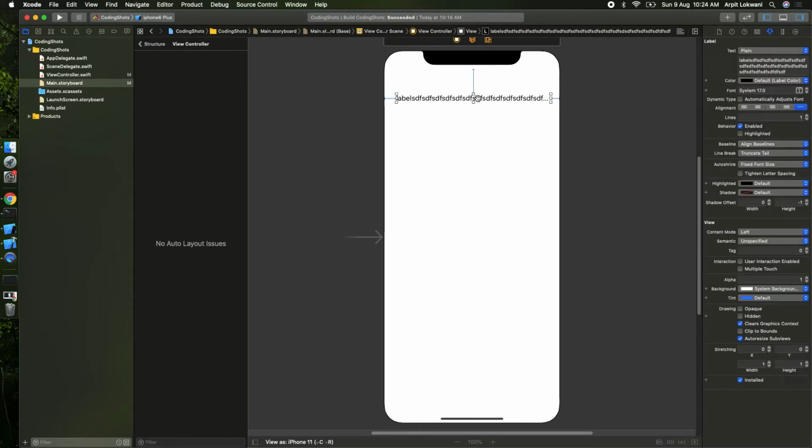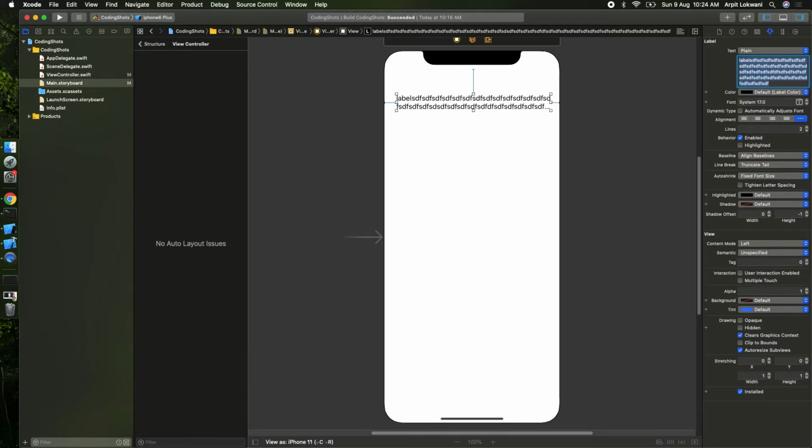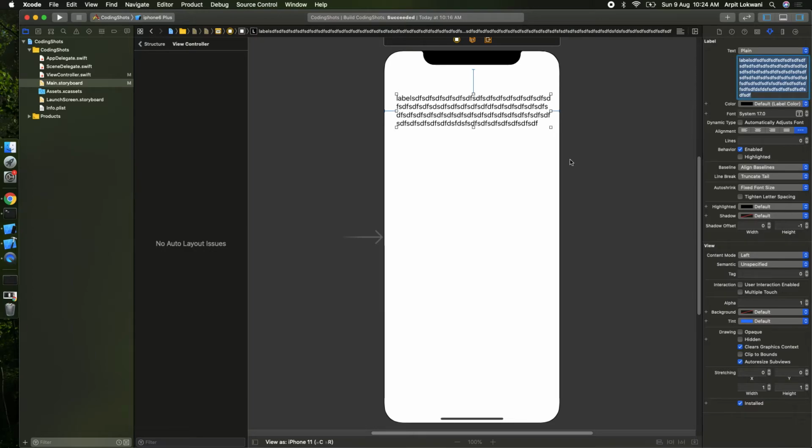In that case, we have a property called number of lines, and we can make it 0. If you know you need to put it into 2 lines, then you can say 2 lines. If you do like this, then if it is 3-line data, it won't fit. See where it is, dots are coming. So you can say, okay, I will do 3 lines. But this is not the right way of making it dynamic. So we can say 0. 0 will do the same work as number of lines equal to n. So you can see it's increasing. Looks fine. So this is the basic concept of a dynamic UILabel.